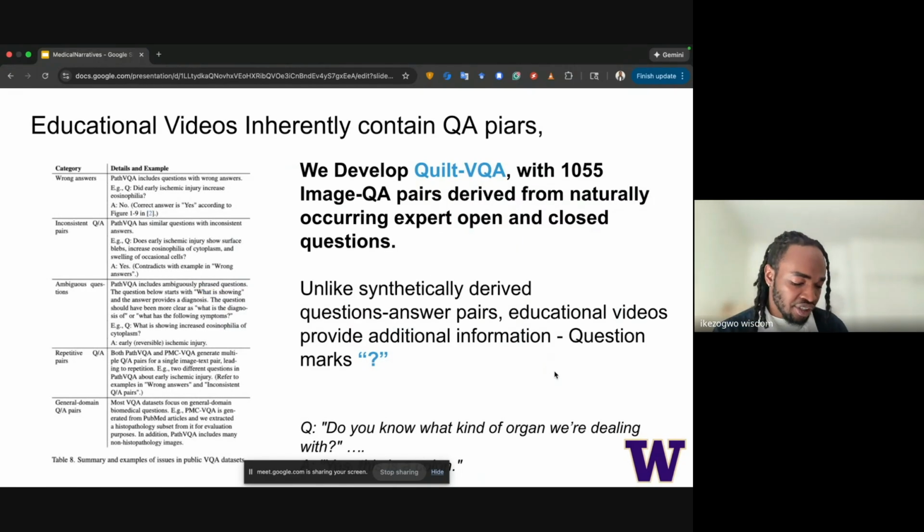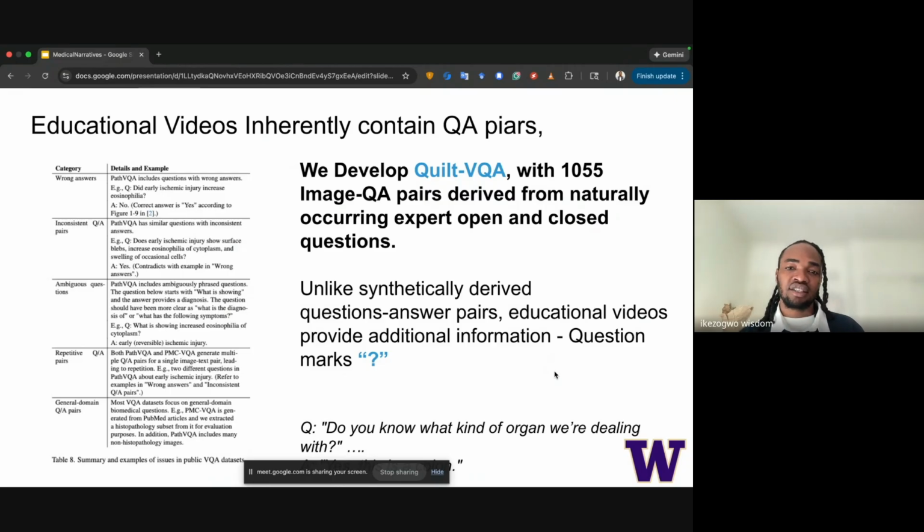So interestingly, due to the educational nature of the data source, we're also able to extract out a benchmark. So we developed Quilt VQA with over 1,000 expert quality image QA pairs.